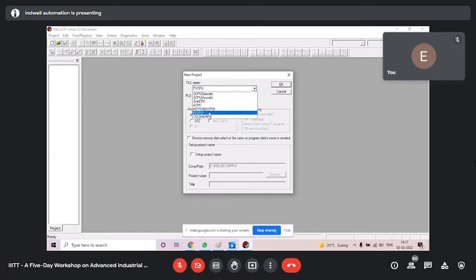Then FX CPU, CNC CPU also they have if you have CNC machines. See here, FX CPU we have to select because we have FX PLC selected. In FX also you see FX0S, FX0N, FX1, FX1S, 1NC, FXU. So there are many. We have to take FX2N. I have taken. Now you see ladder is already selected. I click OK.